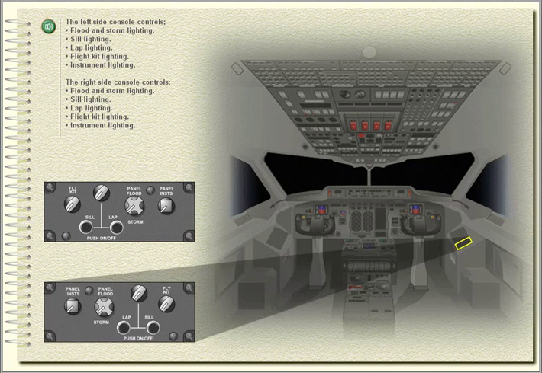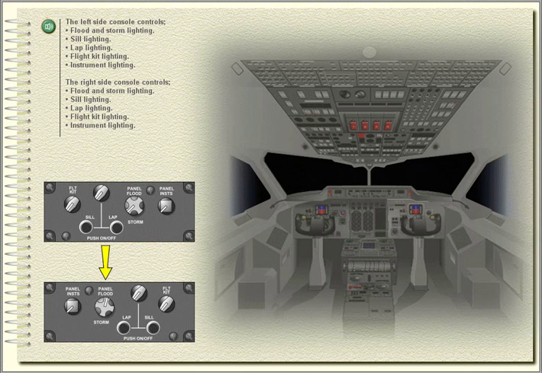the right side console controls flood and storm lighting, sill lighting, lap lighting, flight kit lighting, instrument lighting,